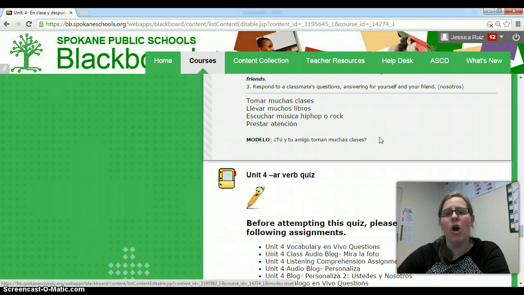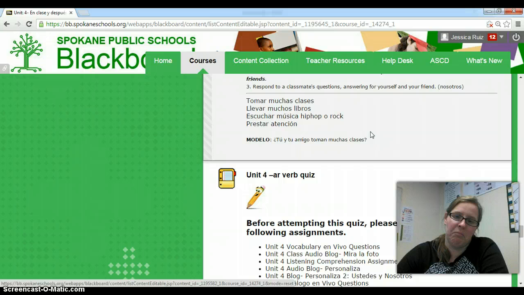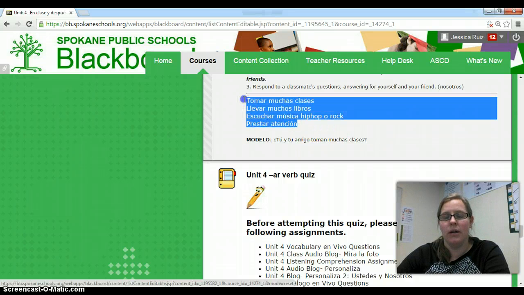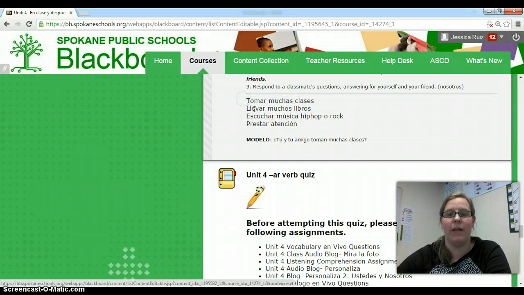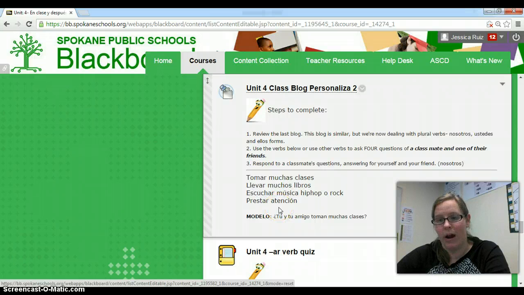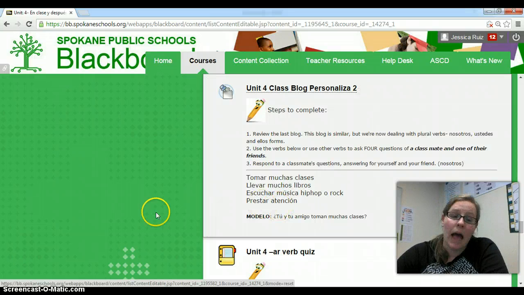Perfect. Remember that in Spanish, we never have the do. It doesn't exist as an auxiliary verb or as a helper verb. So we never have a do in a question. Don't need it. All right? Do the same for these 3, or you'll want to record that one and then compose questions for 3 more, whether you use these ones or other AR verbs from our list. And that's all you got to do.